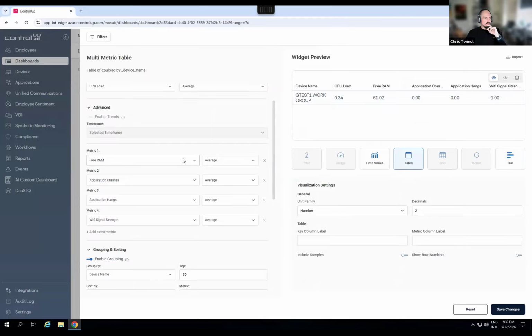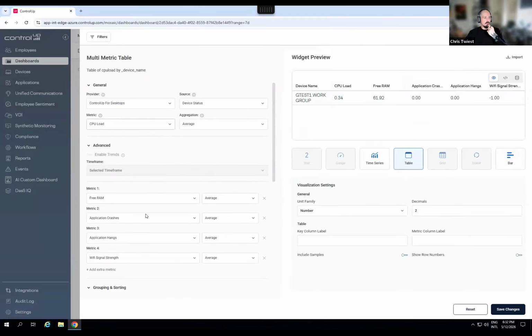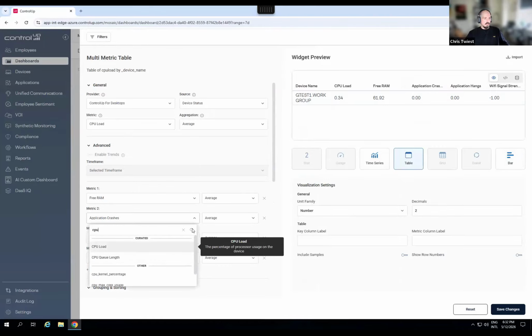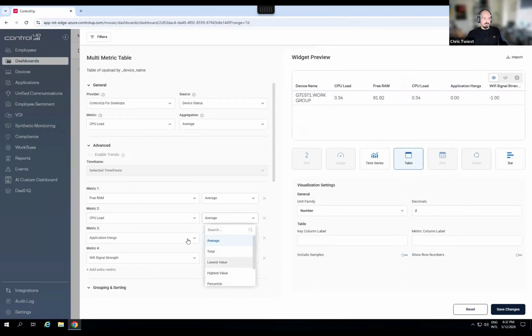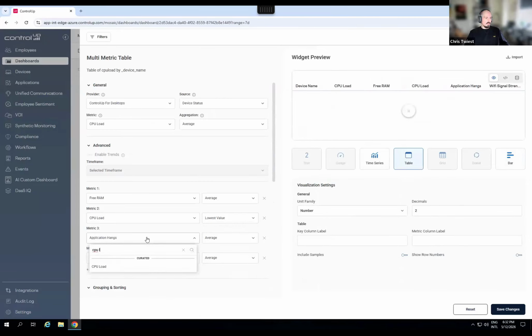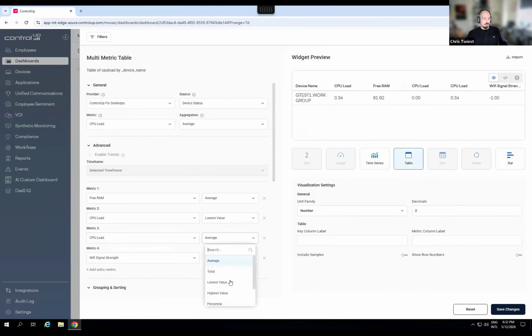So we had CPU load, but we can of course also add, let's do CPU load minimum, the lowest values, for example, which is always 0. Can anyone guess what would be the maximum CPU load that we record? Doug, any idea if we do a CPU max? I would hope.